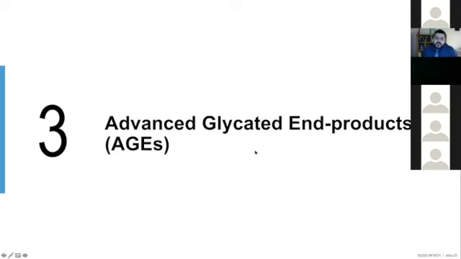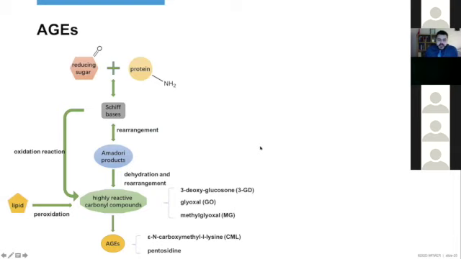And then briefly touching on what are the causes of this discrepancy, one thing that comes up frequently is advanced glycated end products, or AGEs. What AGEs are: glycation of proteins that are present either in tissue or in circulation that occurs non-enzymatically, just with time and with exposure to sugars and exposure to oxidative stress. There will be glycation of these proteins that can become more and more permanent.